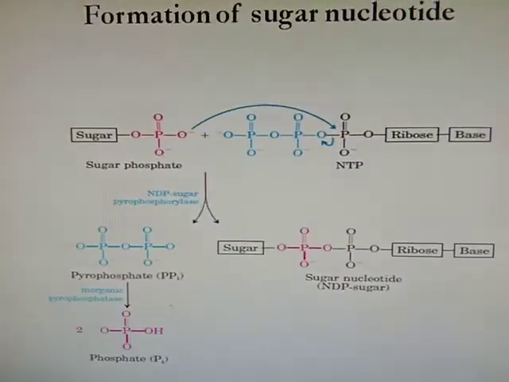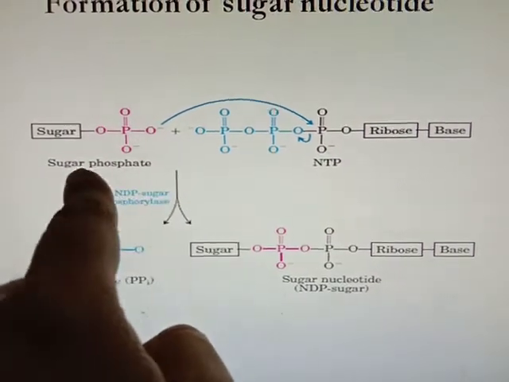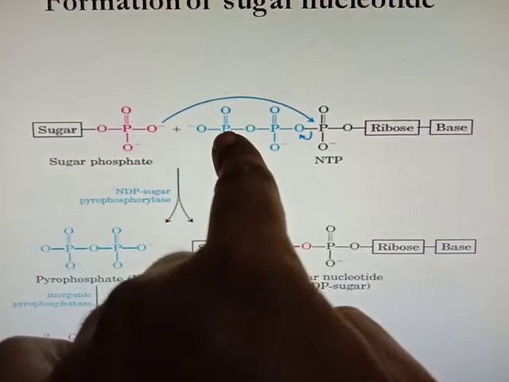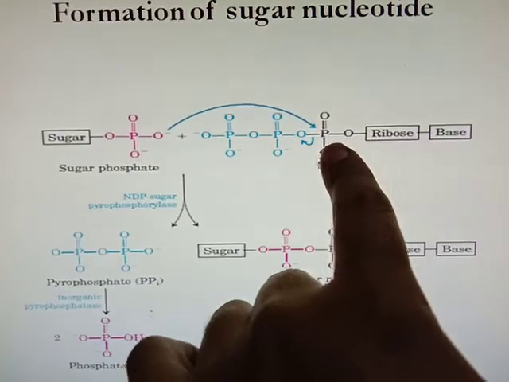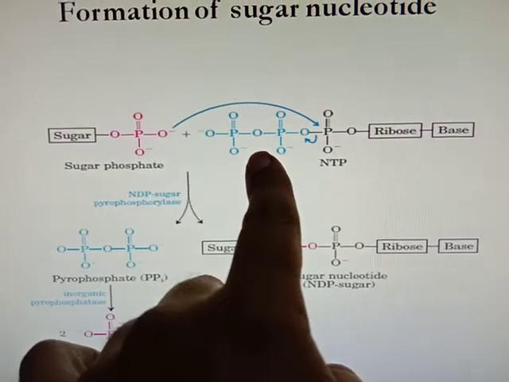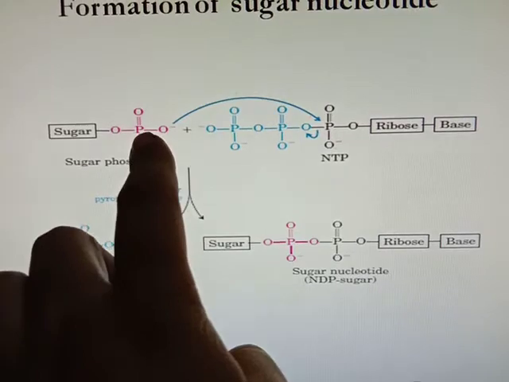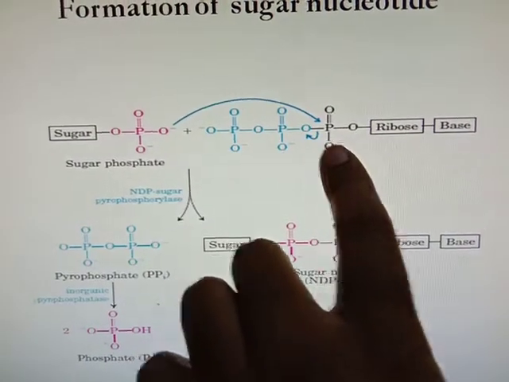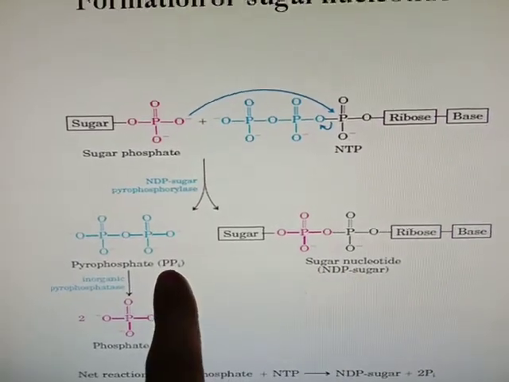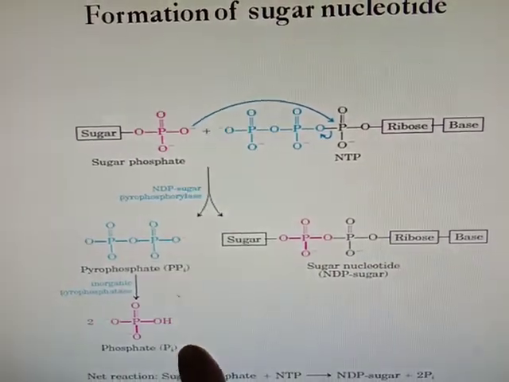So here see, sugar, glucose phosphate, glucose 1 phosphate and UDP. Here it contains UTP, uridine triphosphate, containing 3 phosphate groups, 1st, 2nd and 3rd. Then out of this UTP, 2 phosphate groups are removed, and the phosphate from the sugar 1 phosphate will be linked with the UMP to form UDP glucose, and the pyrophosphate from the UTP will be hydrolyzed to inorganic phosphate.